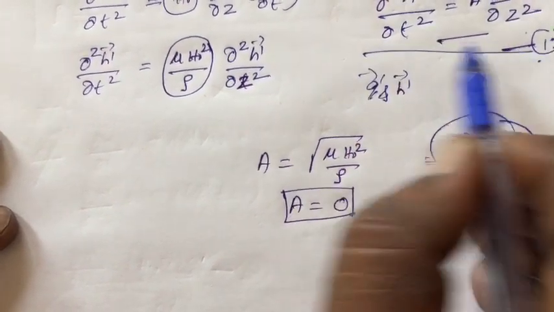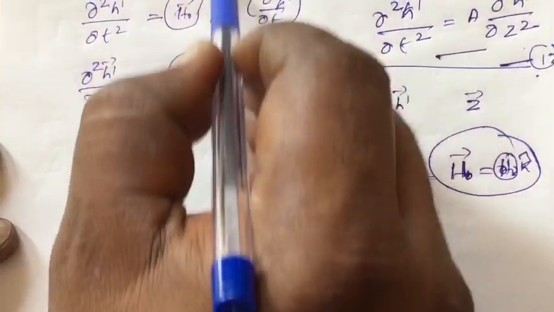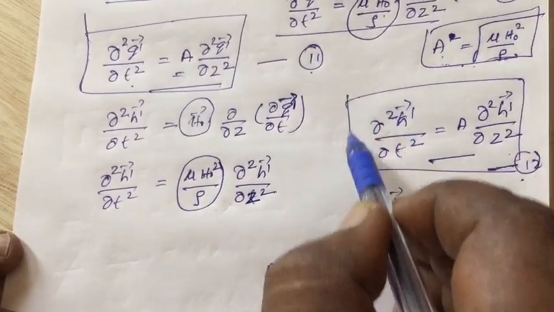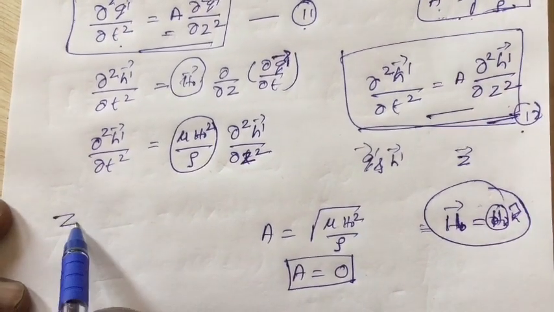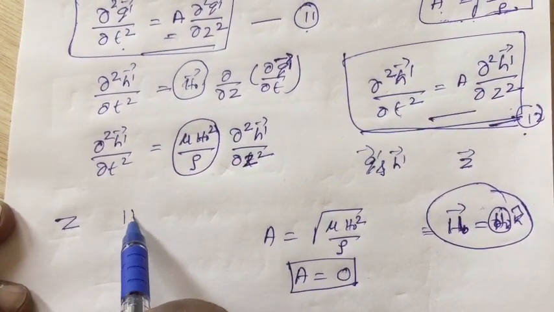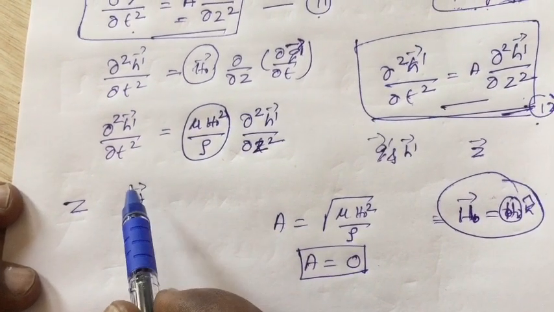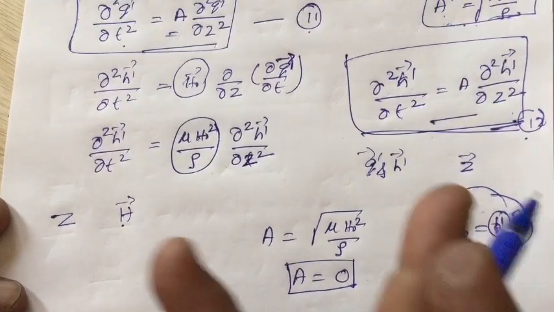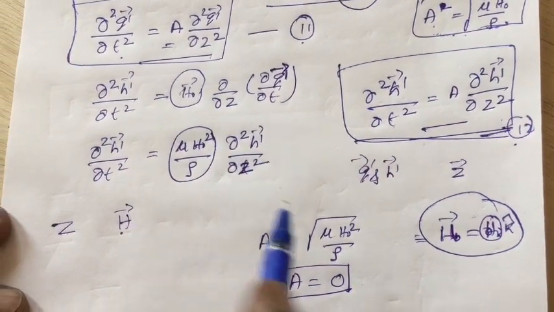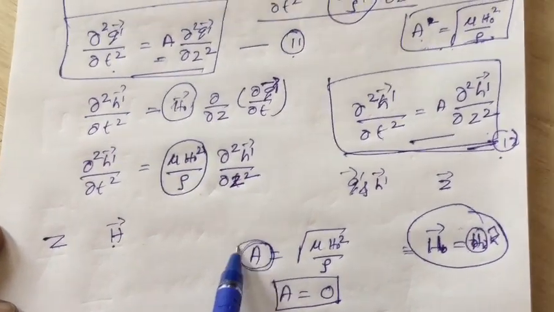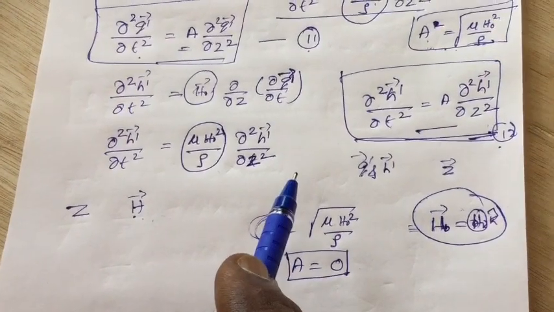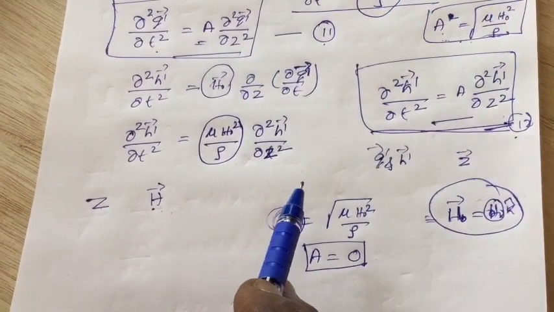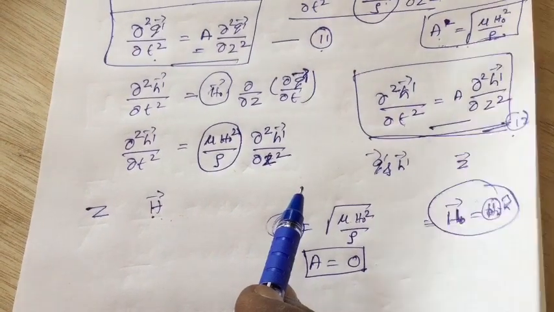So this is the derivation of the Alfvén wave. These two equations are known as Alfvén wave equations, and remember that Alfvén waves are in the direction of z, which means in the direction of the magnetic field. If the magnetic field is 0, then there will be no Alfvén waves, because your Alfvén velocity becomes 0. That's why h should be non-zero. It means that Alfvén waves exist purely because of the magnetic field.